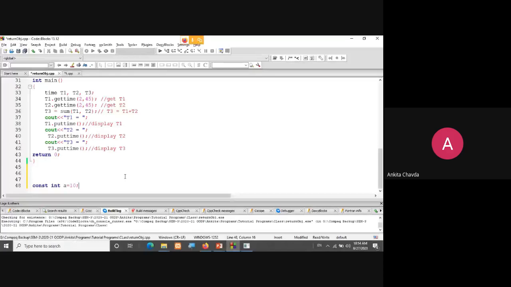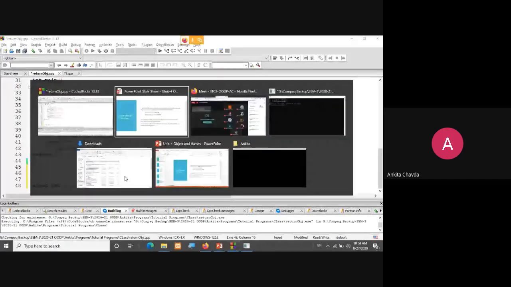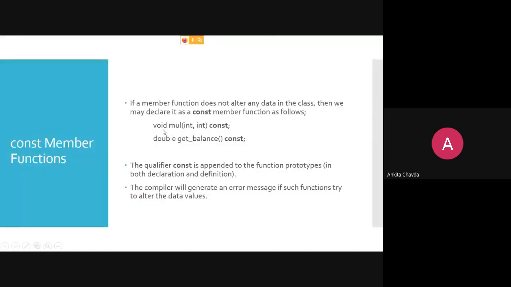It is very similar to that. So here I am making my constant member function. That member function will not alter or modify any of the values of your members. Generally, if I'm making a function inline, I write the keyword inline first, and then I start my function and arguments.